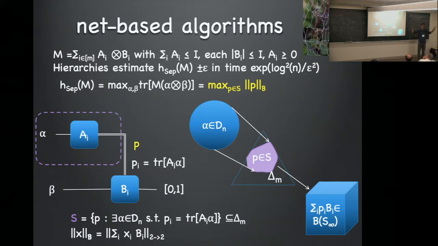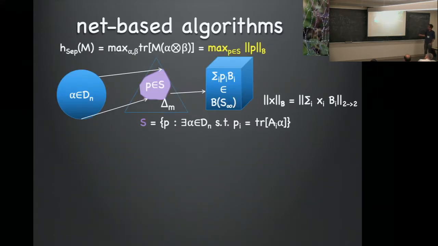In other words, we want this purple set. We look over all these little blue dots, and we figure out if they're close to the purple set or not. If they're not, we ignore them. And if they are, we evaluate the b norm of that point. We just pick the best one. Okay? So it's a very simple algorithm. You just have to enumerate over this epsilon net. It gives you essentially the same approximation guarantee.